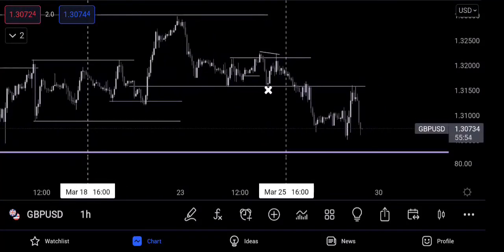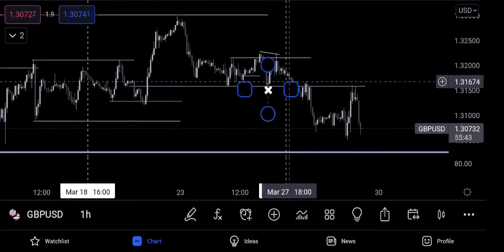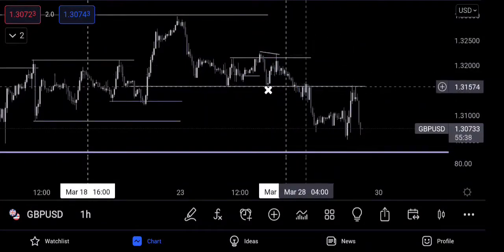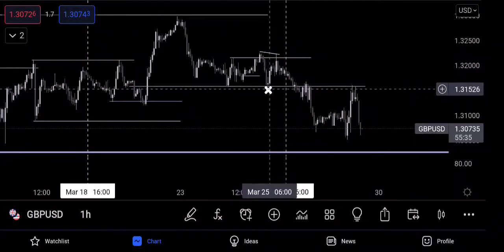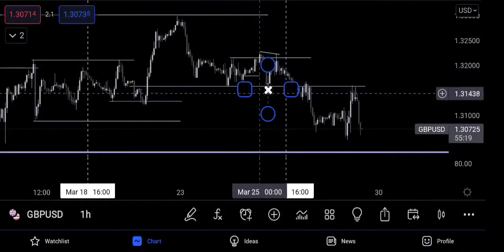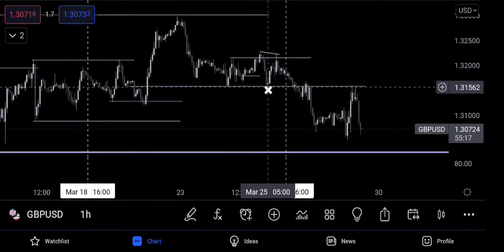Okay, there you go, that's what it was. So look, this low right here, before all this happened, this low got taken out, this liquidity where this X is. Usually after a low, like I always say, price is going to do two things: it's either going to retrace and go back in the same direction, or it's going to reverse. So when price took this internal low out, where the X is at,